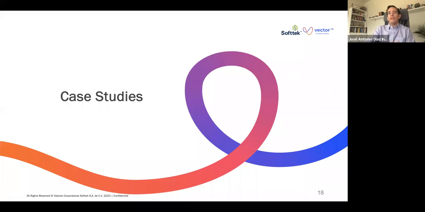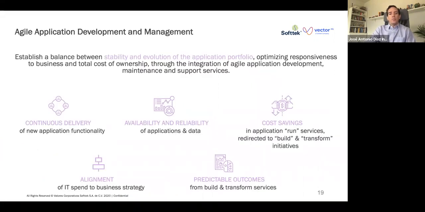And again, we believe that we are successful because our partners and the companies that we partner with are successful, and they're successful by using technology, and they use Softec and Vector to be able to produce all this digital transformation. So I'll keep going. I don't see any questions there. We'll move along. But before we get to the case studies, I wanted to present you this slide,